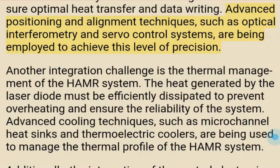Advanced positioning and alignment techniques, such as optical interferometry and servo control systems, are being employed to achieve this level of precision. Another integration challenge is the thermal management of the HAMR system. The heat generated by the laser diode must be efficiently dissipated to prevent overheating and ensure the reliability of the system. Advanced cooling techniques, such as microchannel heat sinks and thermoelectric coolers, are being used to manage the thermal profile